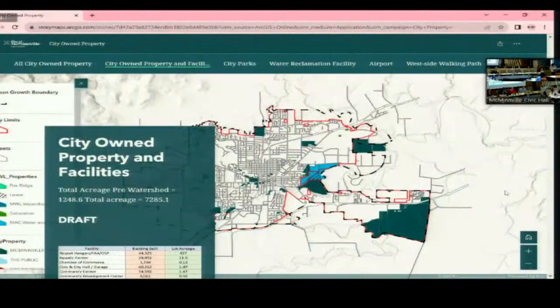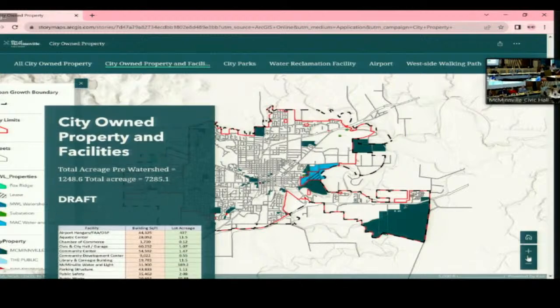So our plan was to walk through this document, and then feel free to interrupt if you'd like at any time, or we could wait till the end and ask questions. You'll see Susan's going to run it, but you can zoom around and zoom in and out. So we could come back to certain areas and zoom in and get more information on those areas if you'd like. So the first, we're calling them slides. They're kind of like slides, but it's more like a map, if you will. We call it a story map.